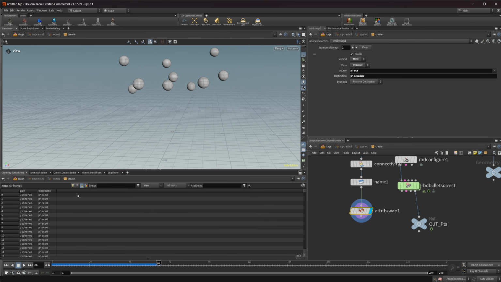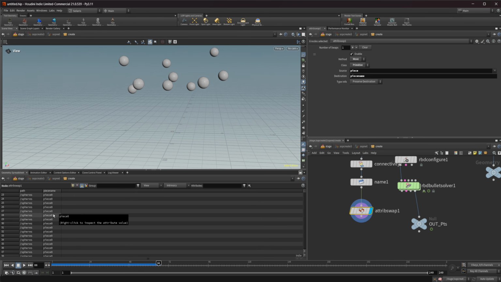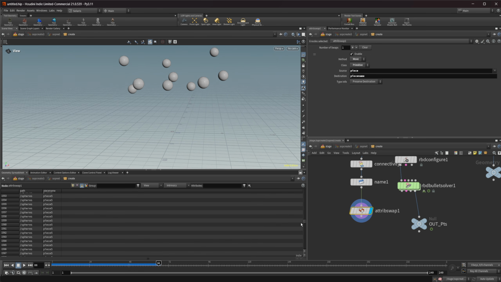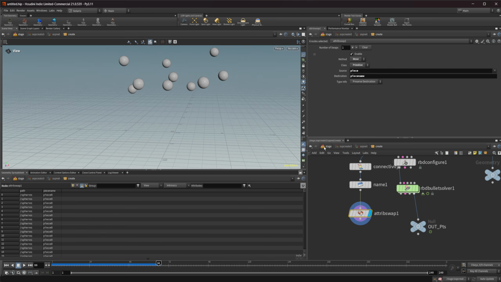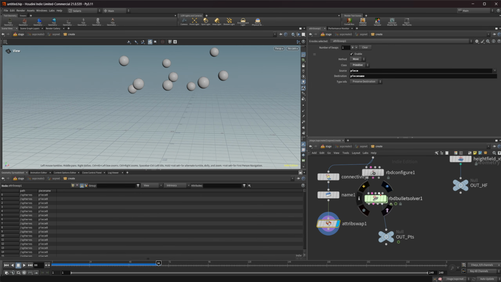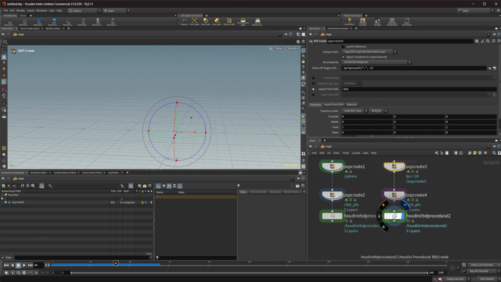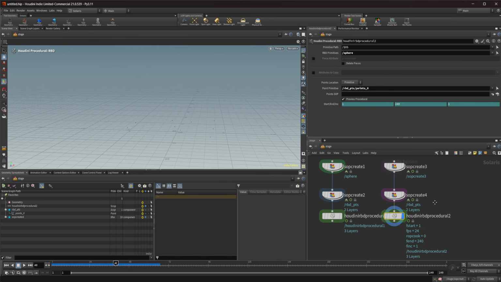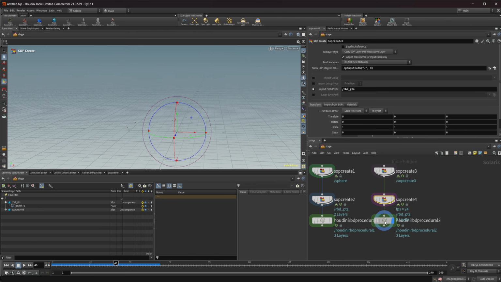If we look at our primitives here, now we see that we have some different pieces. Should see different pieces, yep. And then that path there. And we still have our points here. So if we look at our points, you can see that we have our points that are going to fall and move around. If we look at our procedural here, let's go ahead and set this up properly